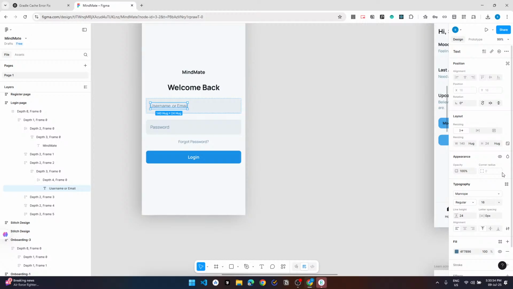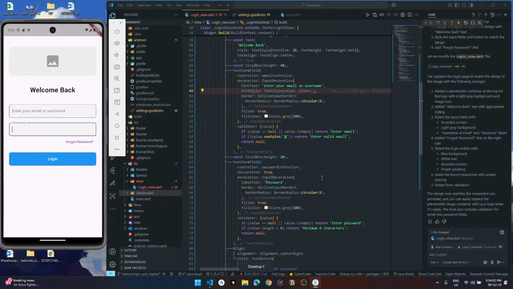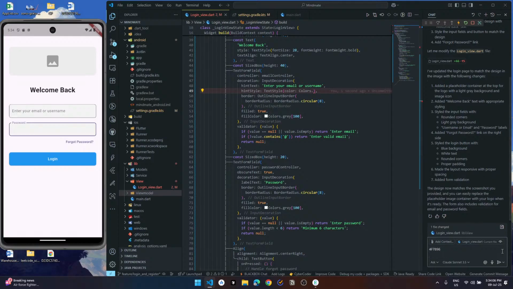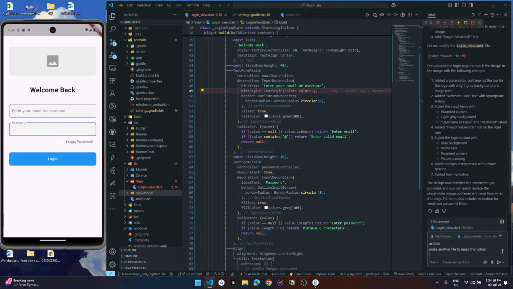So just copy this and tell my agent to make another file to reuse these colors.